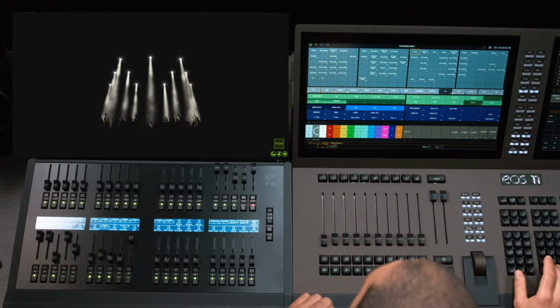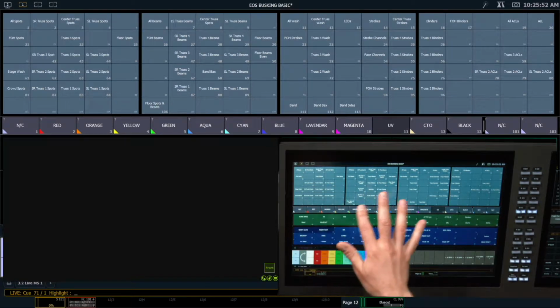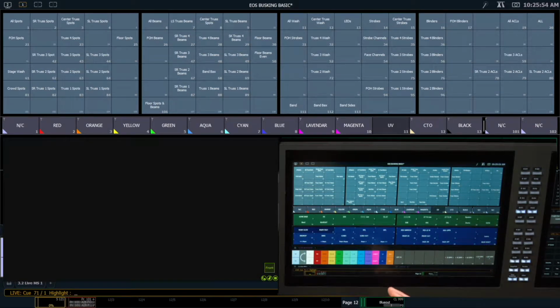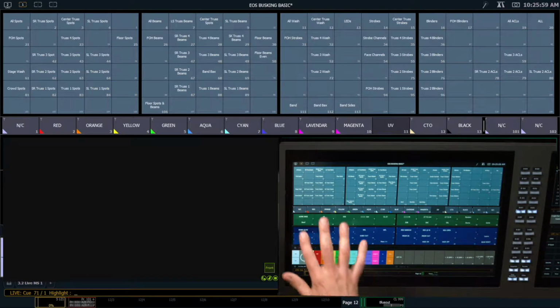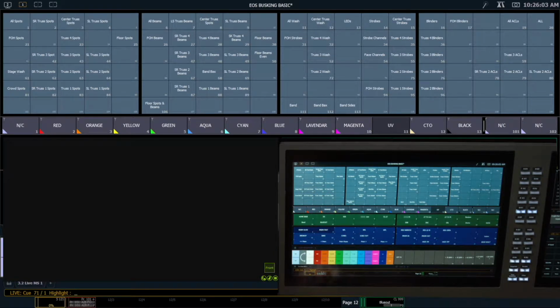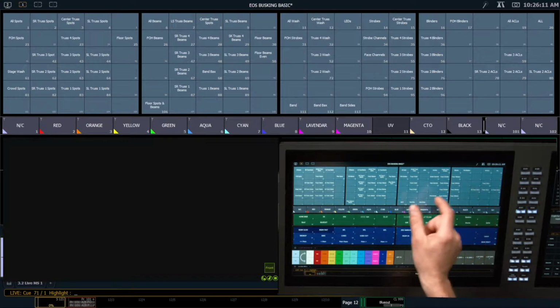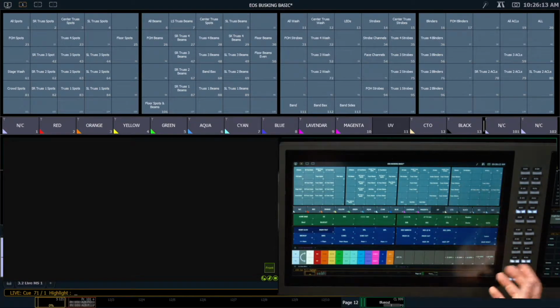my wash fixtures. When laying out my groups, I like to lay them out geographically by the rig and then use the direct select where I can to give me visual indicators of where fixture type breaks are. So for example, you can see here that I'm using this first bank of direct selects, or this first array of direct selects here for all of my spots. My second array of direct selects here are all of my beams. And then I kind of start to combine as I move along where I don't have as many different positions